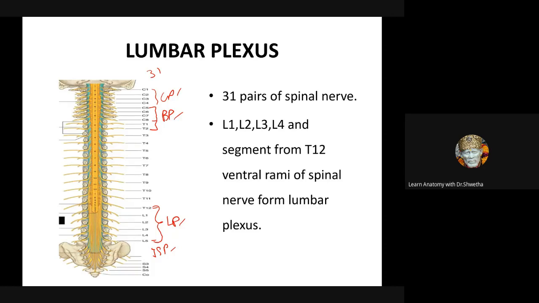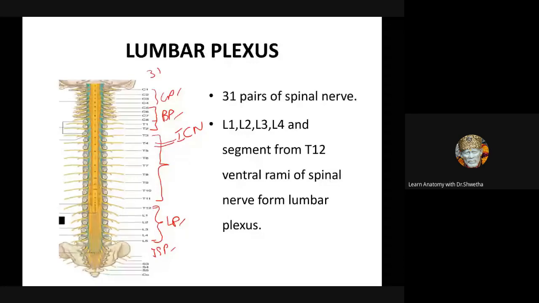Now, can someone tell me, all the nerves are involved in the formation of plexus except the thoracic spinal nerves. Why don't they form a plexus? Anyone, students? Please make a guess. I'll correct you if you're wrong. Shall I tell? Yes. The thoracic spinal nerves continue as the intercostal nerves in the intercostal space. They are not involved in the formation of a plexus. So that is why these don't form the plexus.